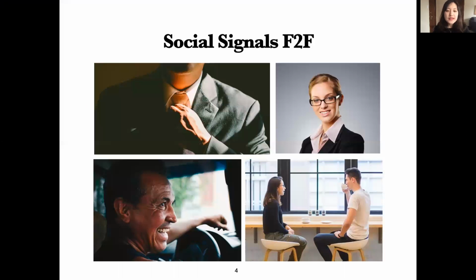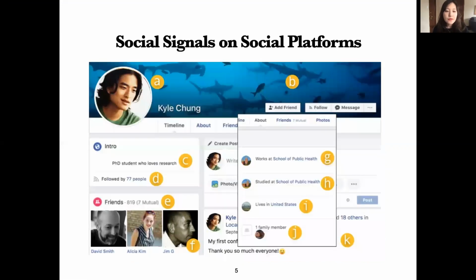And in face-to-face interactions offline, the way we dress, the way we talk to people, our facial expressions are all social signals which we use to express ourselves and which we use to make decisions about others. And it's similar in social platforms. This image illustrates some major examples of social signals on social platforms. For instance, the profile image, cover image, work information, school information, bio, number of friends, list of friends, etc. are all major examples of social signals which we use to express ourselves and which we use to make decisions